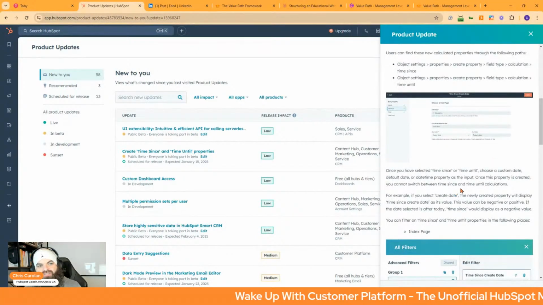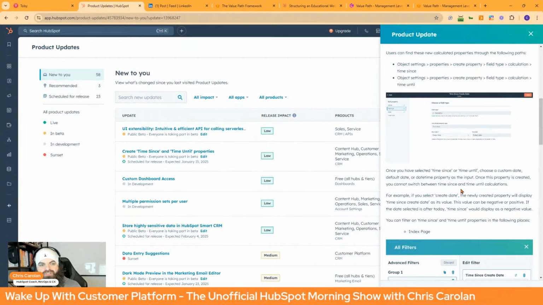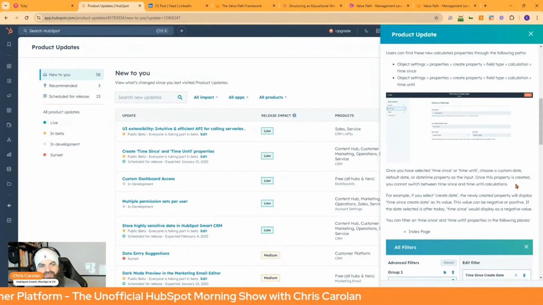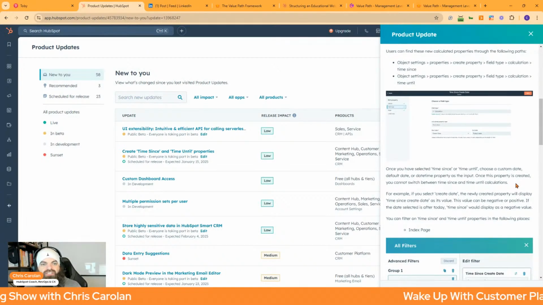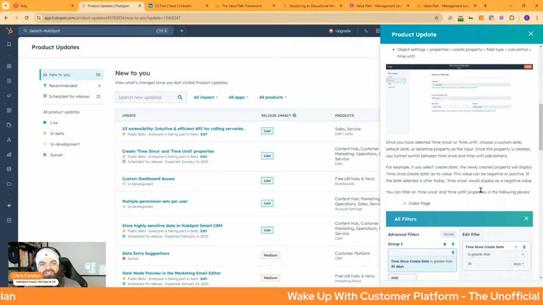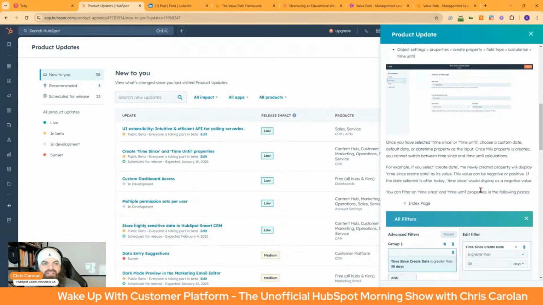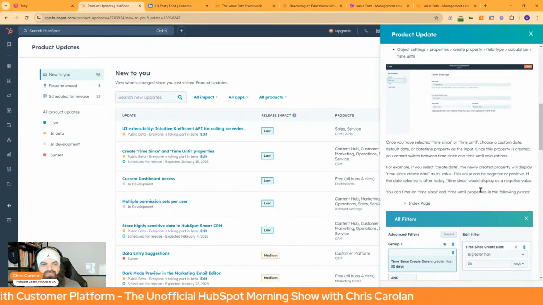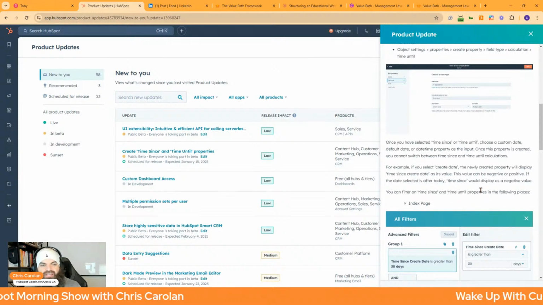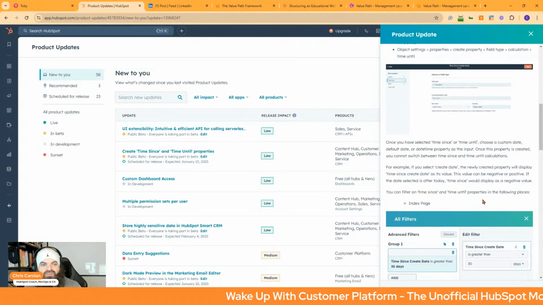Once you have selected time since or time until, choose a custom date, default date, or date time property as the input. Once this property is created, you cannot switch between time since and time until calculations. For example, if you select create date, the newly created property will display time since create date as its value. This value can be negative or positive. If the date selected is after today, time since would display as a negative value. You can filter on time since and time until properties in the following places: